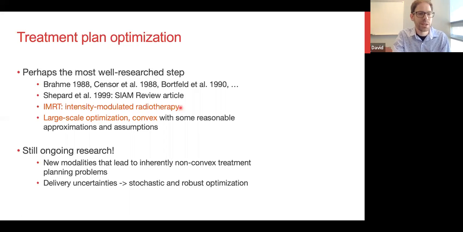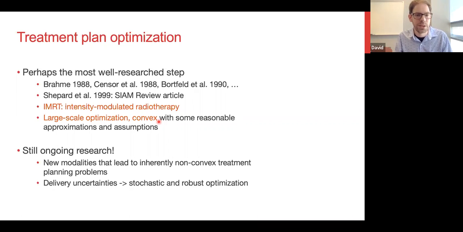And as I said, this is a large-scale optimization problem, tens of thousands of variables, but with some reasonable approximations, this can be made to be a convex optimization problem. And this was sort of the first really big revolution in radiotherapy, so to speak, where using optimization methodology, using the same machinery and the same infrastructure that was used before in the clinic, the treatments can be improved substantially. But in spite of this being a 30-year-old area, there's still a lot of ongoing research going on